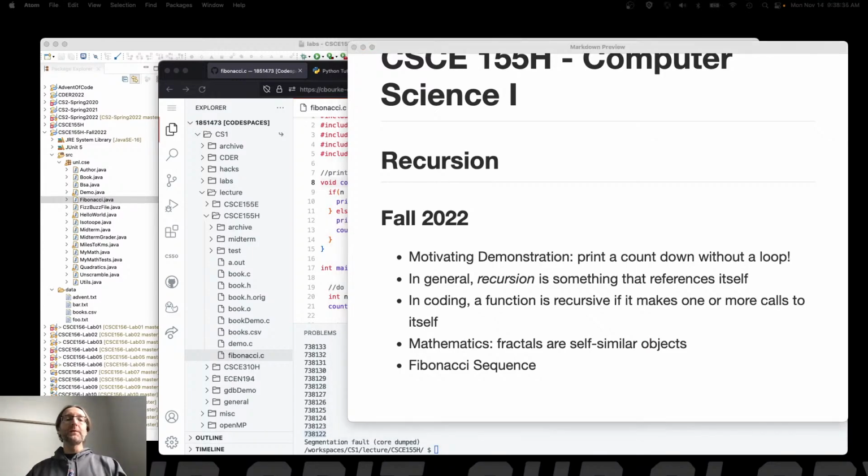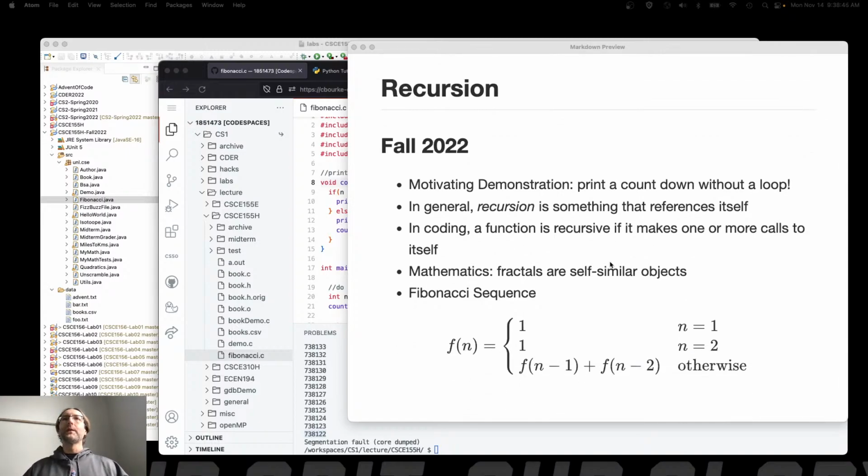Another one that you probably have seen before is the classic Fibonacci sequence, right? How many people have not seen Fibonacci? All right, good. Everybody's seen it. Here it is mathematically. It's a function that is defined in terms of itself. F of n, well, if n is 1, then the value is 1. If n is 2, then the value is 1. Otherwise, if n is 3, 4, 5, 6, then what you do is you look at the 2 previous